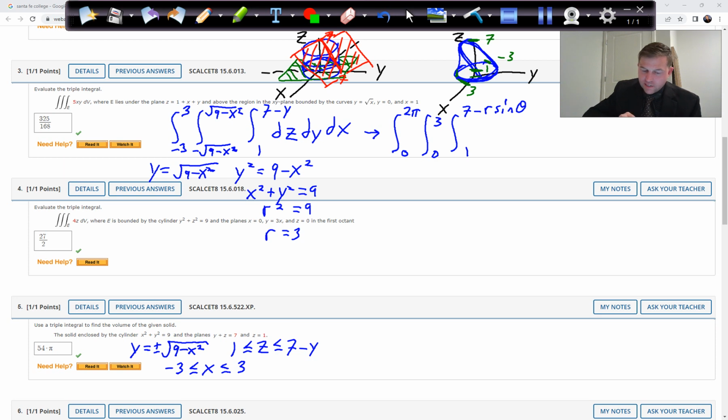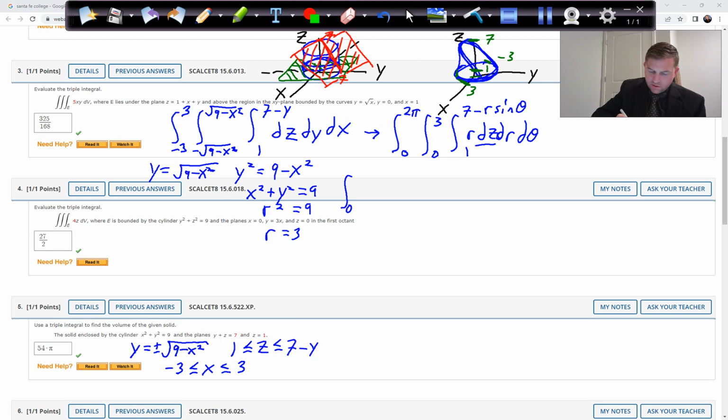And dz dy dx would change to r dr d theta. And actually we would still have z in there. So z is actually going to be r dz dr d theta. There we go. Okay, so first we anti-derive with respect to dz,